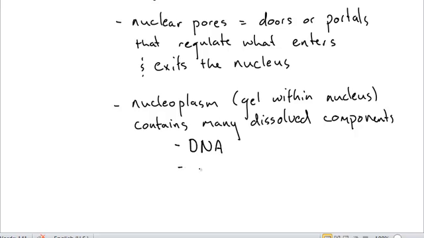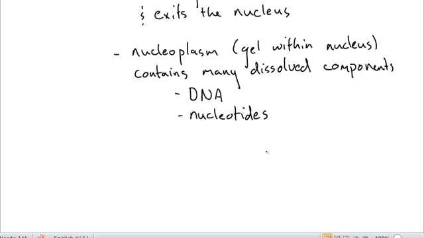And then what is DNA made out of? What's the building blocks? That's right, nucleotides. We're going to need nucleotides if we're going to make more DNA, or if we're going to make RNA. And if we're going to make more DNA or RNA, what's going to help speed up the reaction? That's right. You got it. Enzymes involved